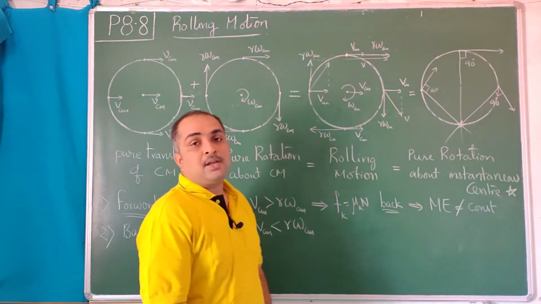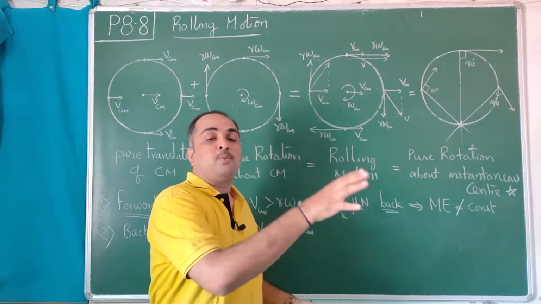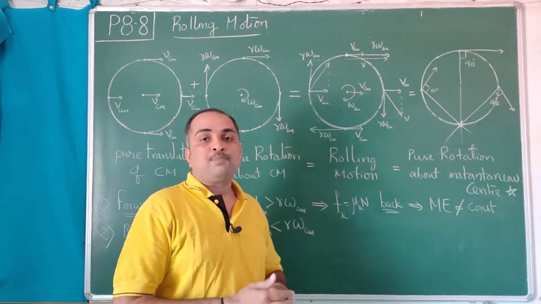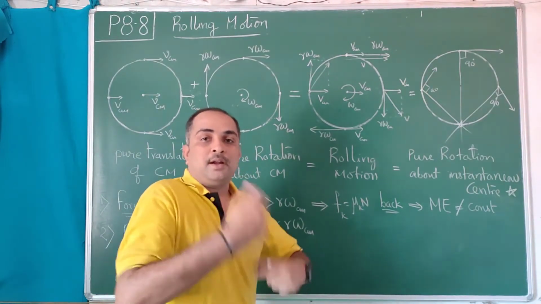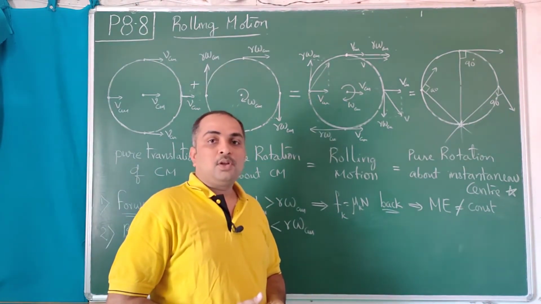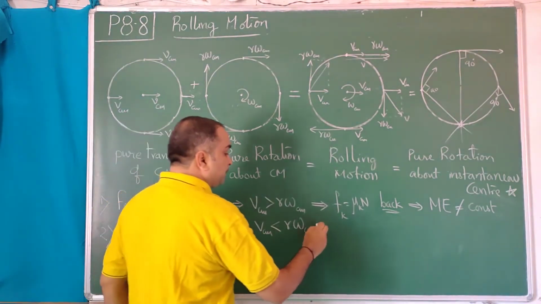This happens if you see in movies, in some deserts, they will show some boulders moving, or even your wheel when it's stuck in sand. When you try to move it, it rotates more, but it will not translate that much. In that context, more rotation, less translation. That is the example there.